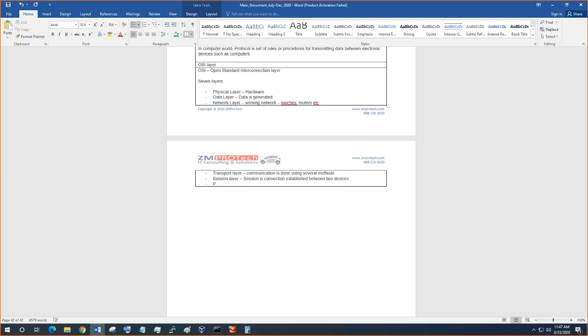And the presentation layer is where data is presented to the application. And the application layer is,